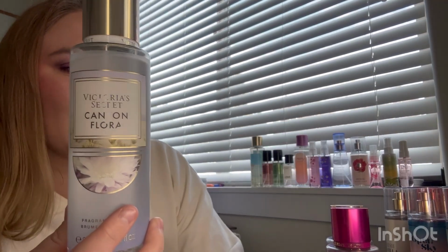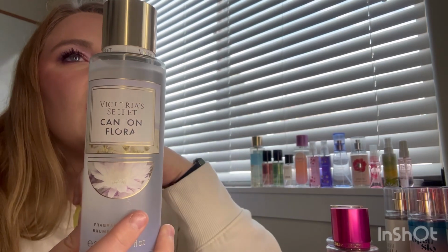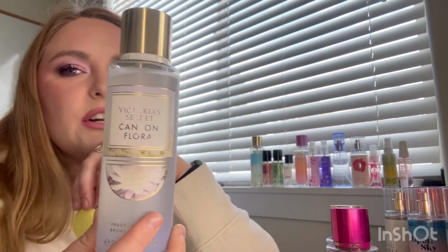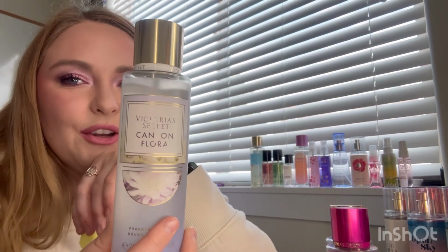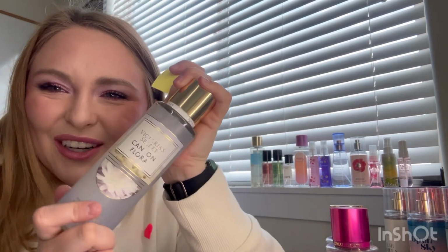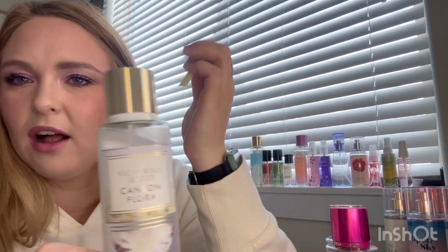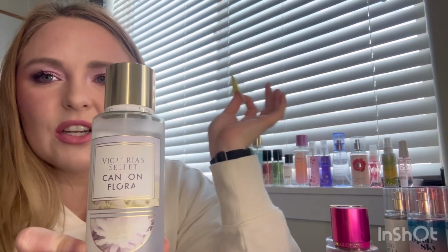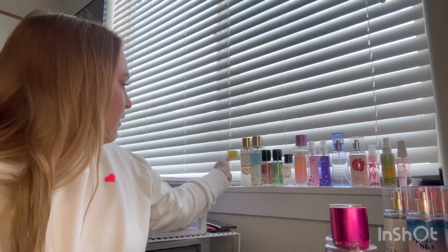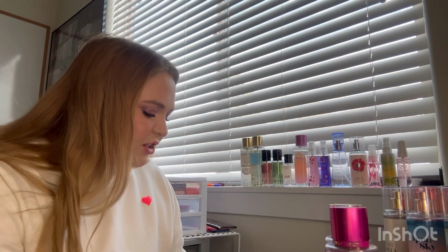It almost just smells like the air. It smells like if you were standing in the wind and there were flowers a mile away and you could barely smell them in the wind. It's kind of what this smells like. It kind of has this light, fresh aquatic scent as well. It's a good scent for after the shower, before bed, because it's super, super light. Yeah. Okay, next, let's do